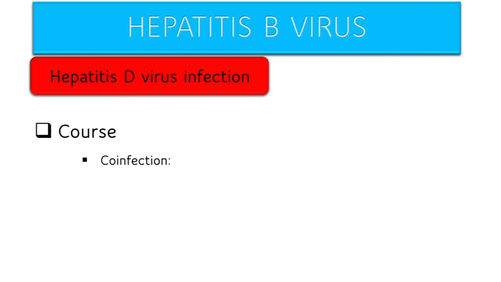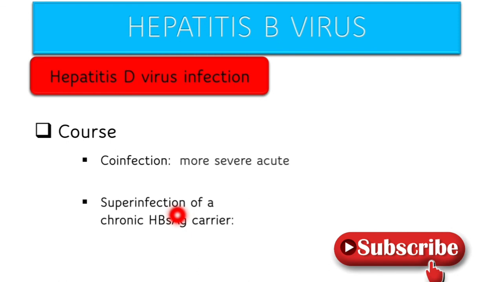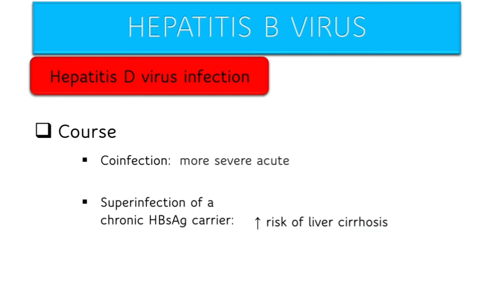Right. So for co-infection, the complication is that there will be more severe acute hepatitis, right? Liver damage, right? And for superinfection, right? We are talking about superinfection of a chronic HBV surface antigen carrier, right? So if the patient has this antigen, it means the patient is infected. And the complication is that there will be increased risk of liver cirrhosis,